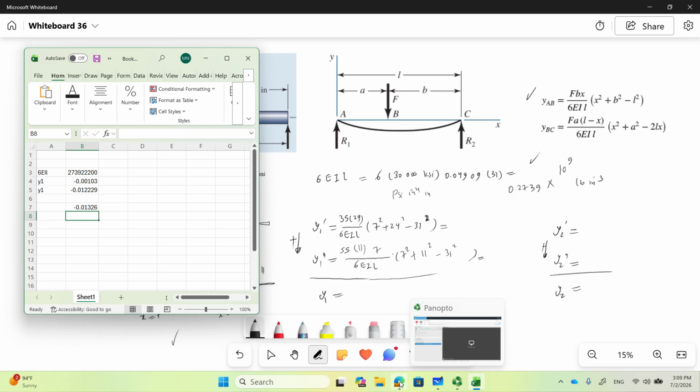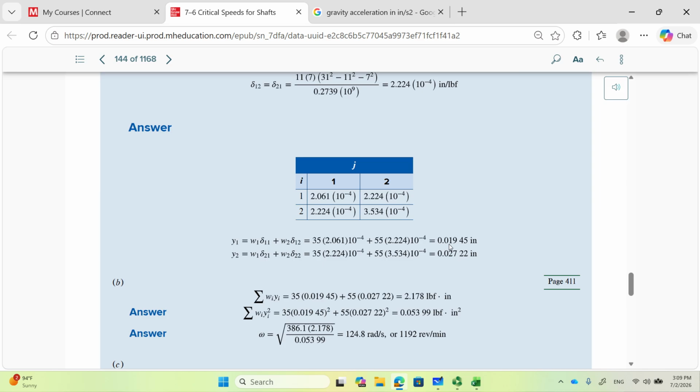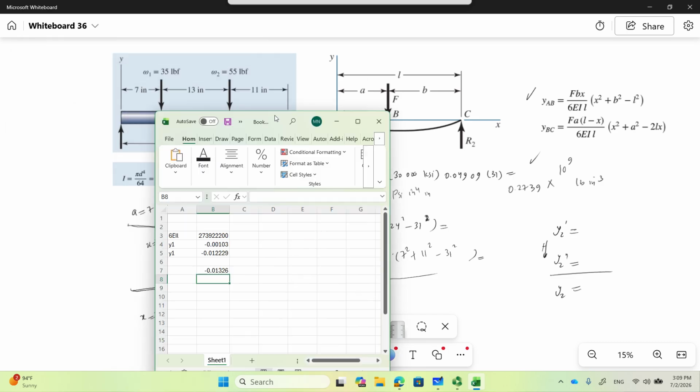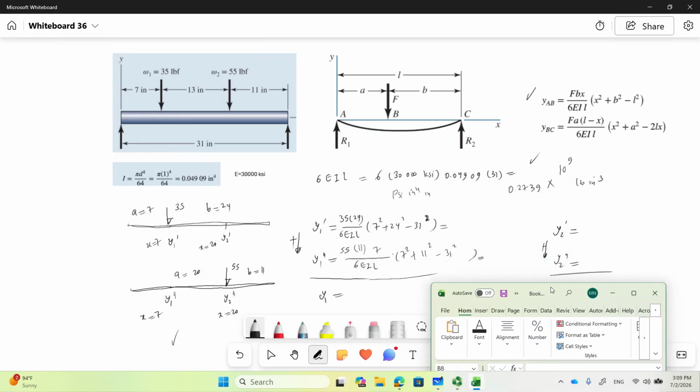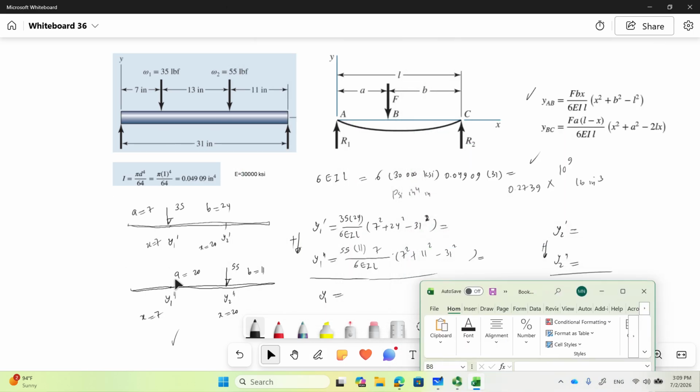This is not right. y1, so y1 is 0.01945. Oh, yeah, so let's see. What is wrong in here? A is 20, B is 11, 55. I'm double checking everything. Here, x is 7, this one x is 20. So, y1